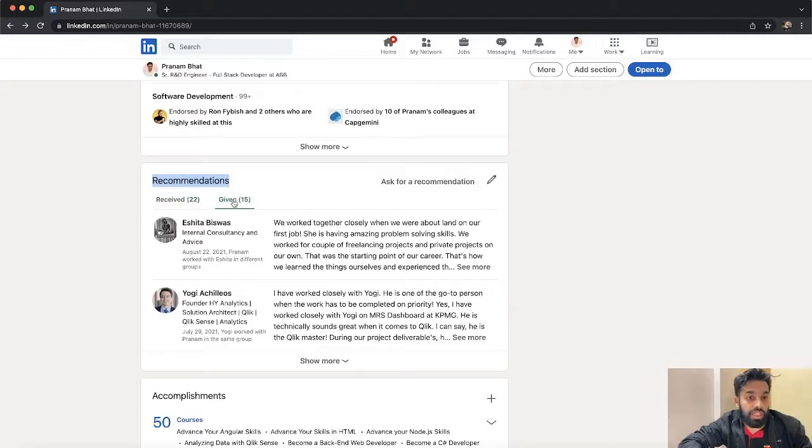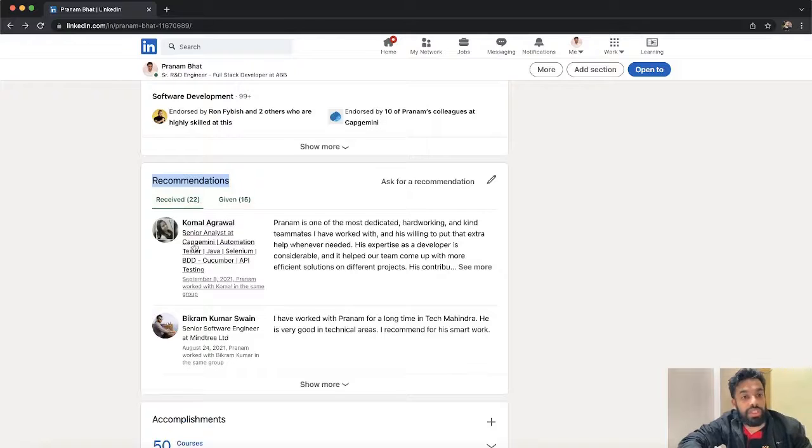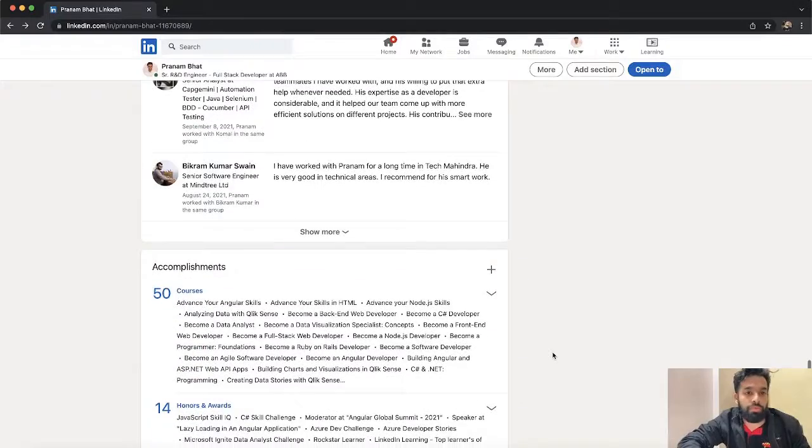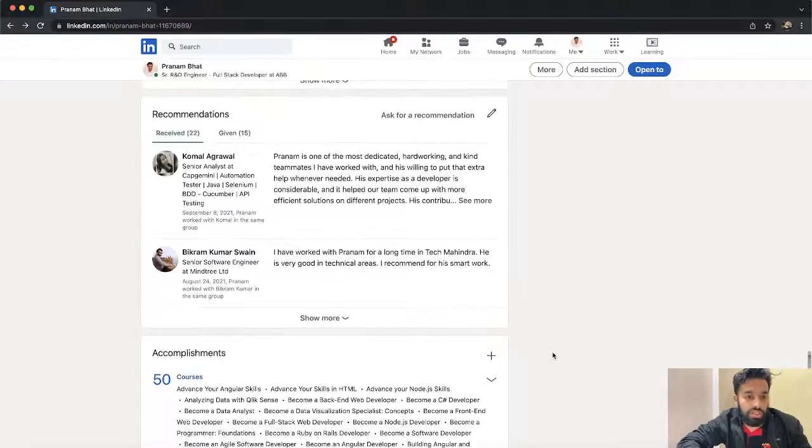Given means I have given recommendations to my colleagues or the people I have worked with, and I have received this many recommendations. Always, if you get good recommendations, it will be an advantage and a good benefit when someone visits your profile. So that is about the recommendation section.